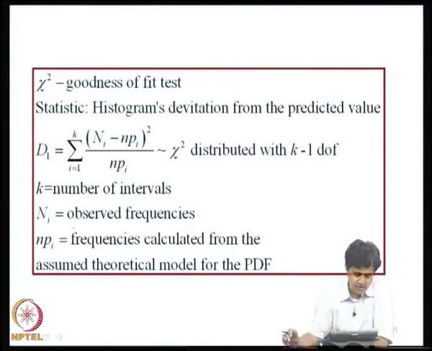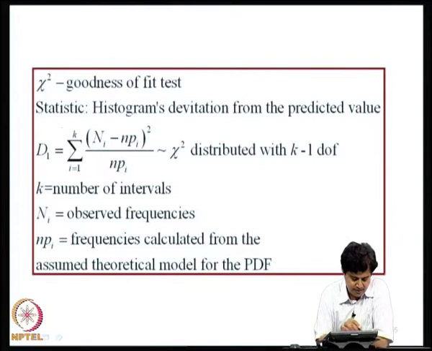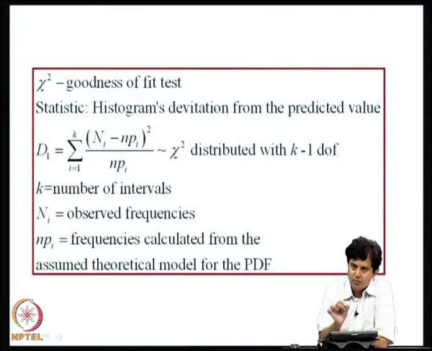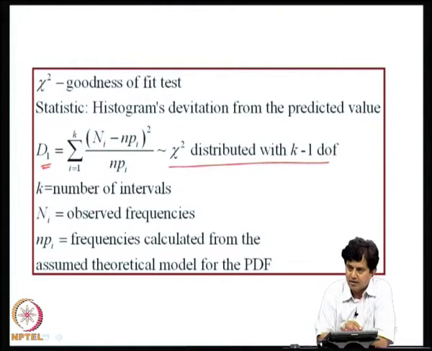There is another test known as the chi-square test, which is again helpful in verifying the nature of the probability density function. Here the statistic is defined in terms of deviation on histograms, not on distribution. So, we make k number of bins and find out how many points in your sample lie in each bin, and according to theory, how many points you expect in each of these bins you can estimate knowing the sample size, and we can form this statistic and we can show that this D1 has a chi-square distribution with k